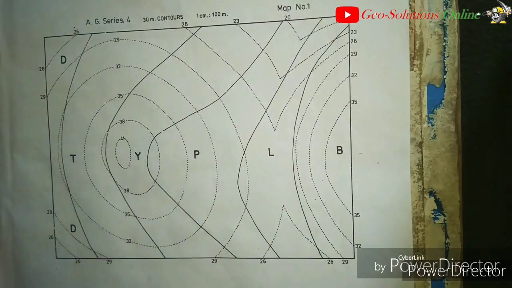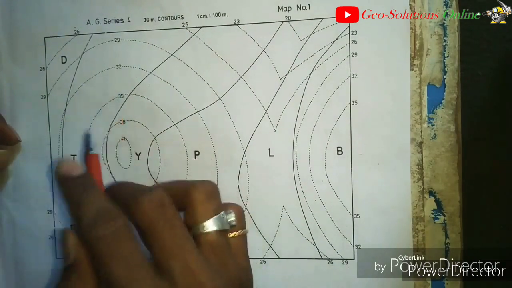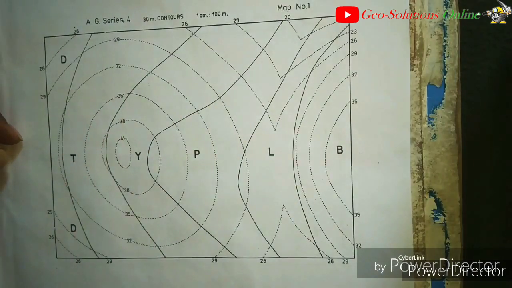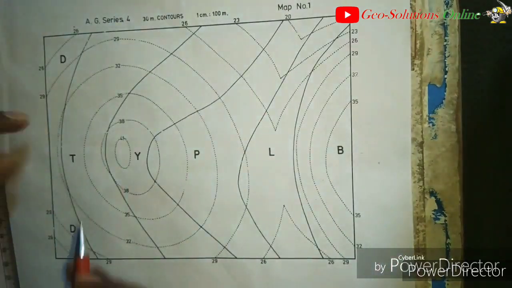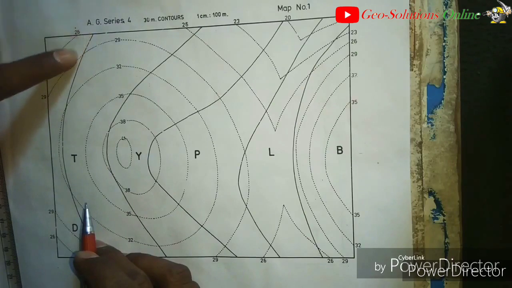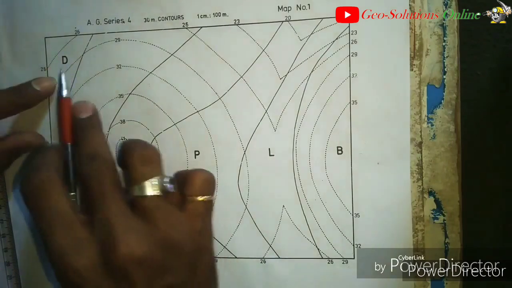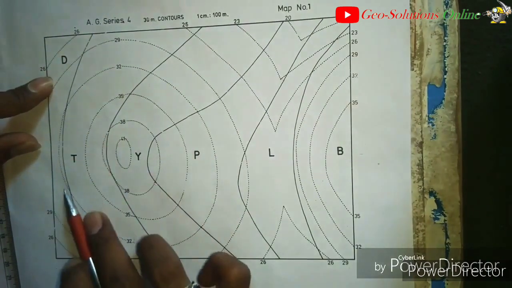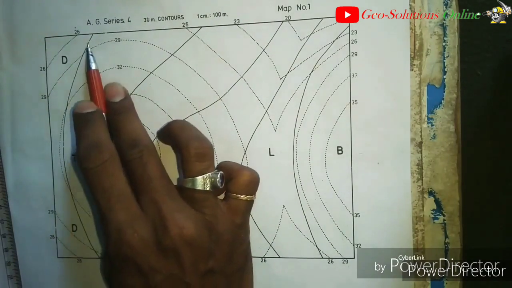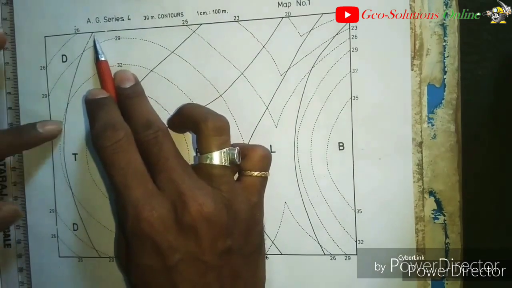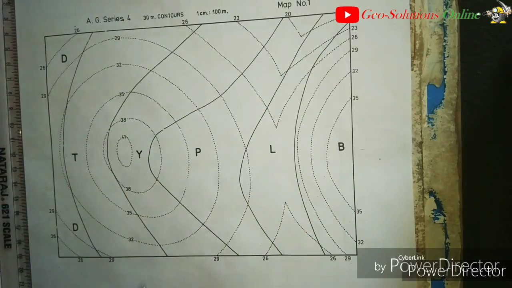Okay, hilly portion. First you have to draw the strike lines on this map for the further procedure. So how do we draw the strike lines? You can see this junction is going from this to this boundary of the map, and some contour lines are intersecting with these junction points. Whenever contour lines intersect a junction, and the same contour line intersects the same junction line again, then you have to mark this point.